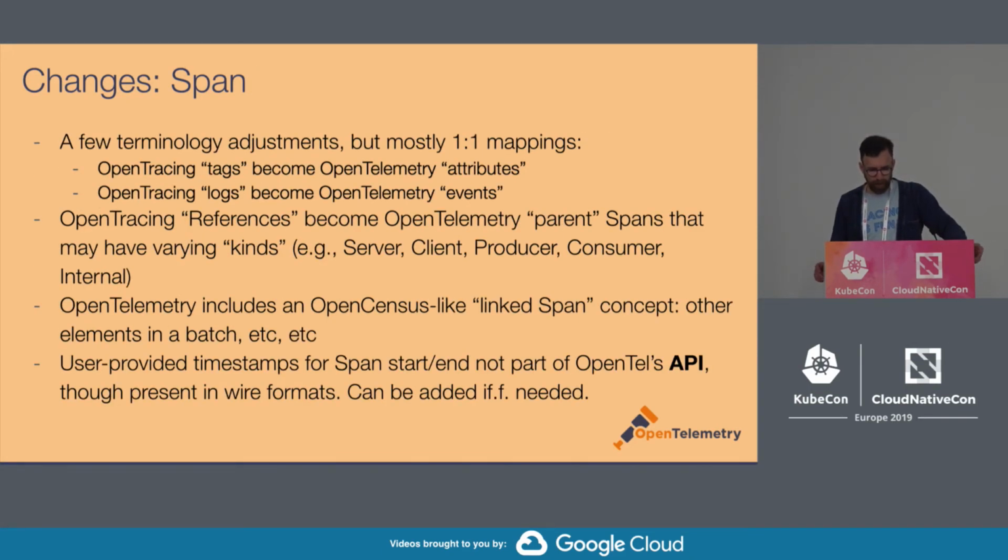For the span itself, this is the thing that has a start time and end time and a bunch of key value pairs and time-stamped key value pairs on it. There are a bunch of naming changes. In OpenTracing, we call them tags. In OpenTelemetry, we call them attributes. In OpenTracing, we call them quote-unquote logs, which generated a huge amount of fury, and I regret that choice of names. So in order to avoid the fury, this time we're calling it events. But conceptually, they're very, very similar.